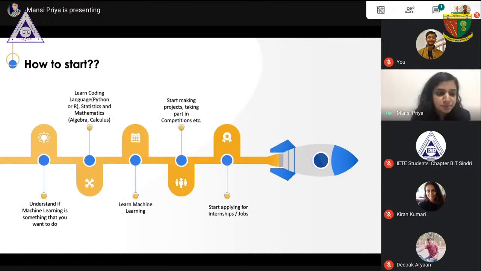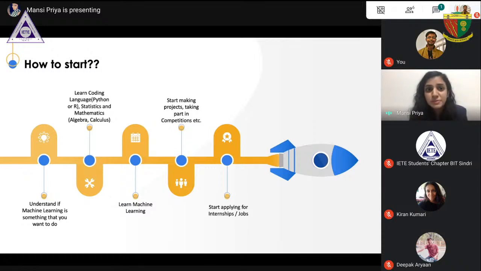So, firstly, the major point before starting it is that you should understand whether machine learning is something that you really want to do. I know machine learning is the buzzword nowadays, and I can see that everyone in college is very much leaning towards machine learning, machine learning, machine learning. But are you actually interested? Try to grasp, okay, it excites you, but really, do you want to go into that calculus, that algebra of machine learning algorithms? Are you that capable, and understand your capabilities?